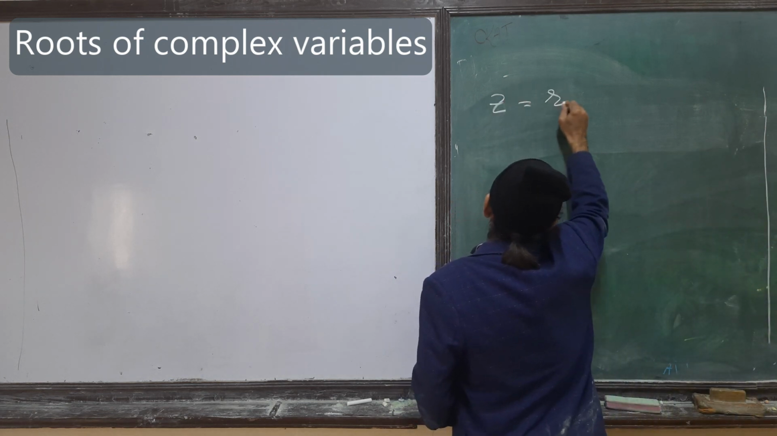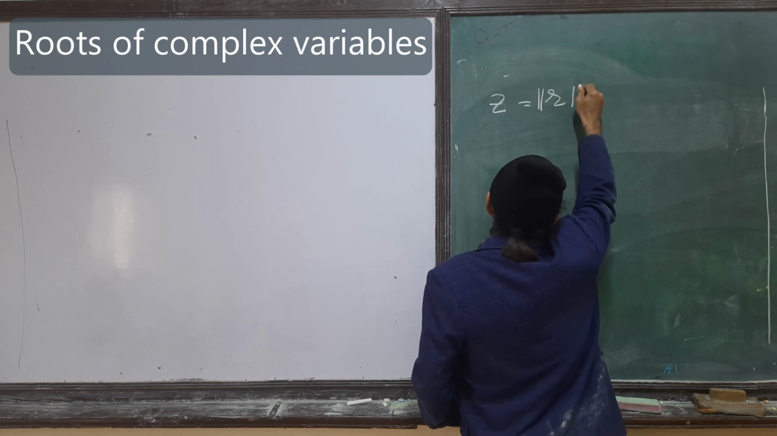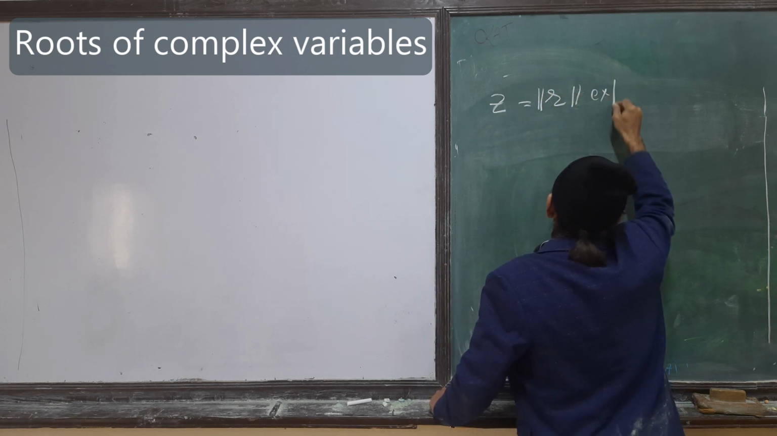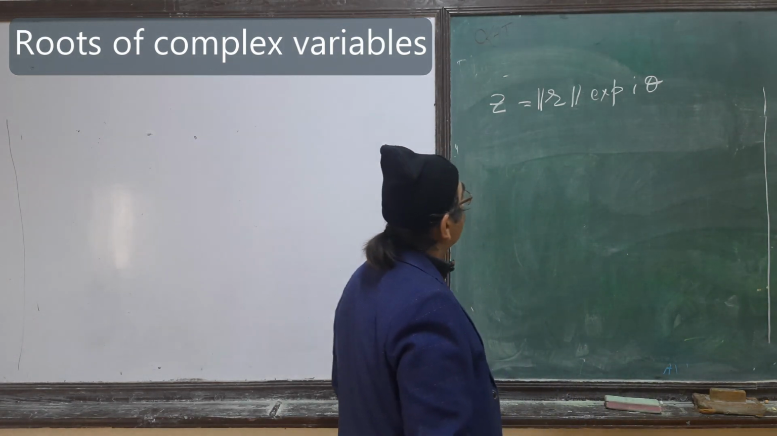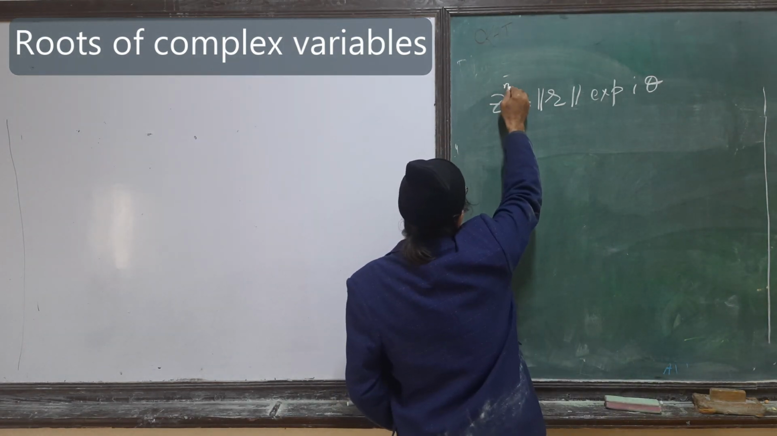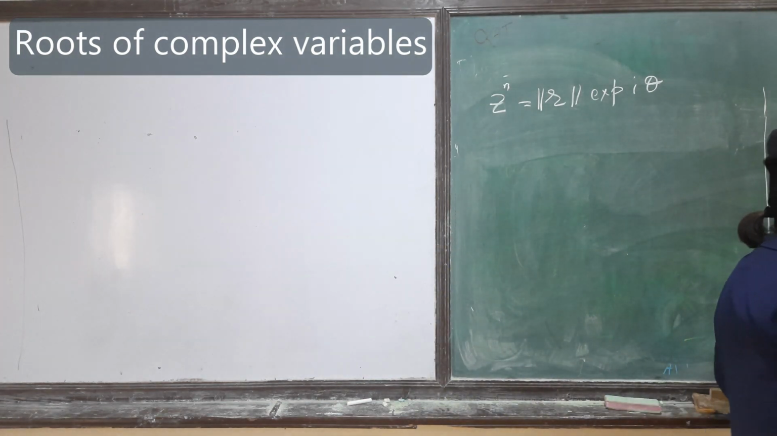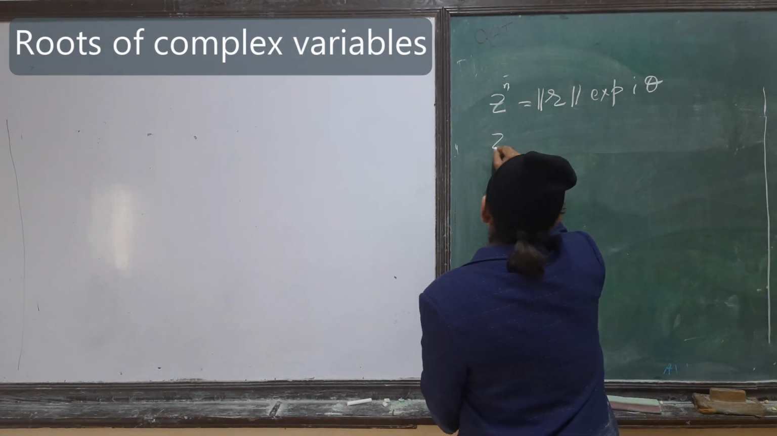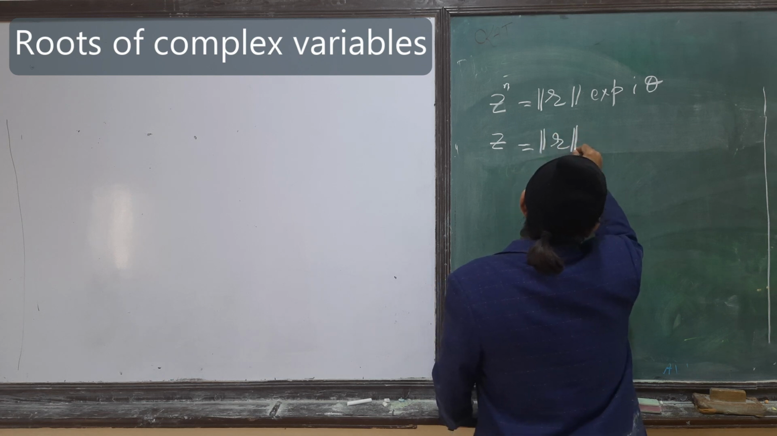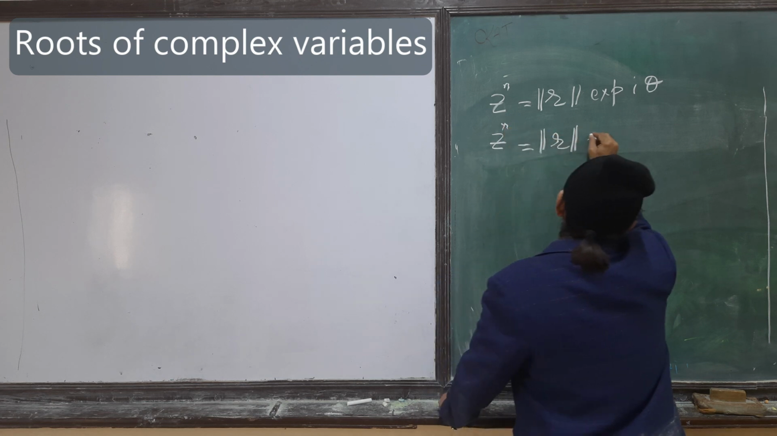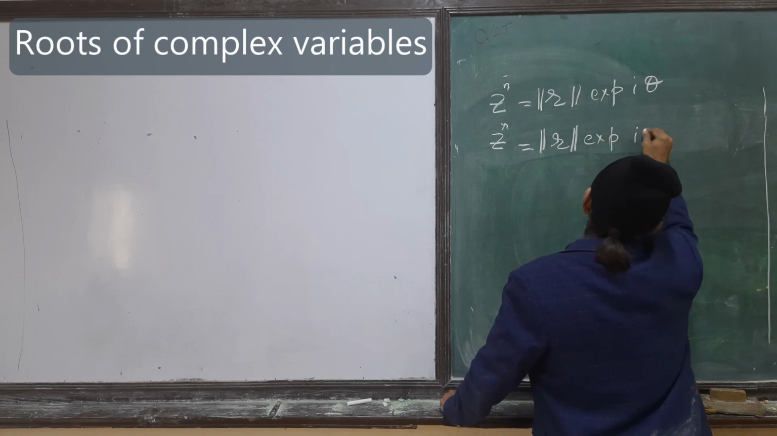z is r exponential of iota theta, and I have said z power n. Okay. Yes, and I said that this z^n is equal to 1 times exponential of